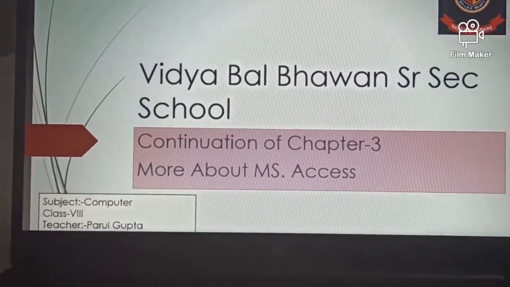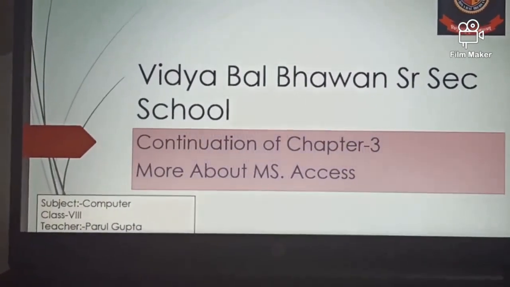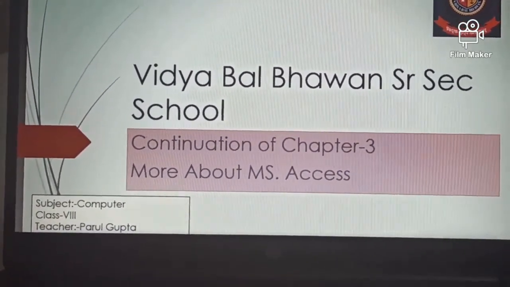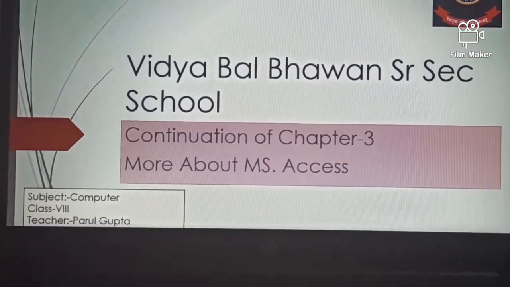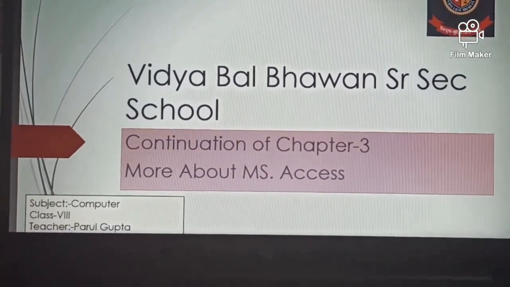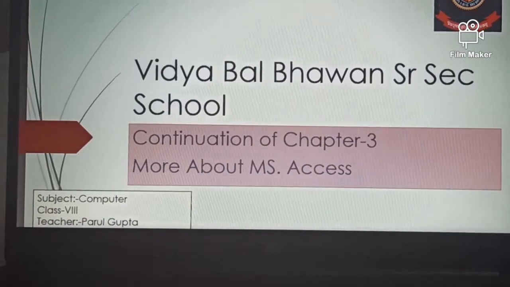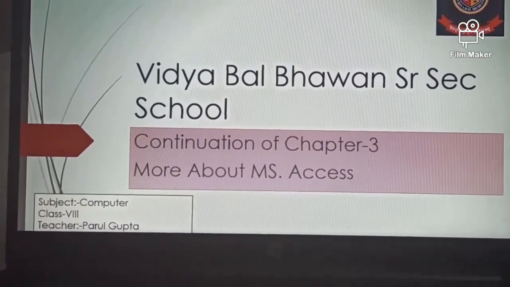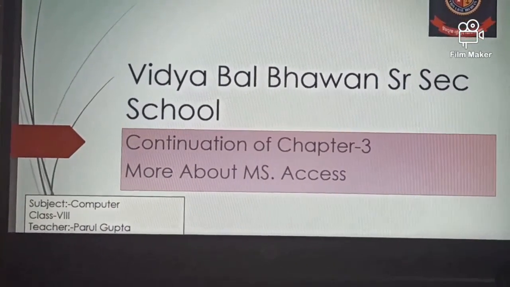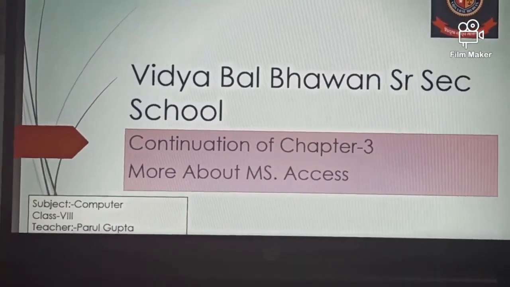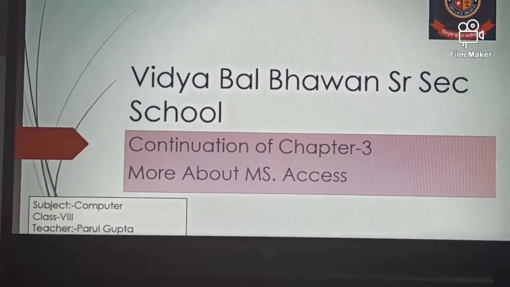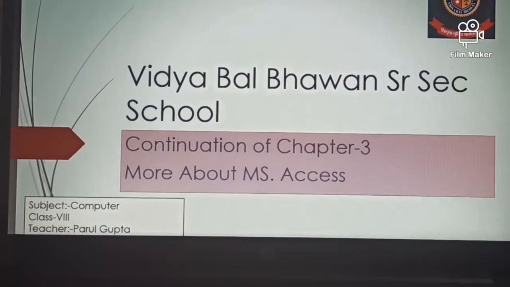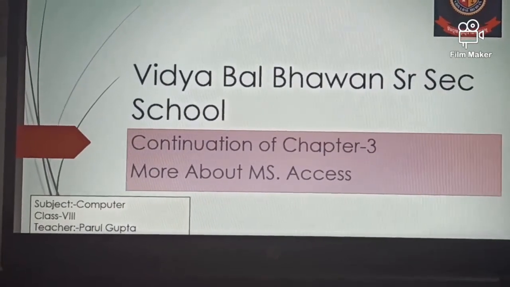Okay, so now I think you all know that in my previous video, in this chapter we talked about a few topics like what is a query, how we can create a query on a single table, how we can create a query on multiple tables, then how we can set up a relationship between two tables through a primary key. Then we built a relationship. After that we talked about how we can delete a relationship. I believe you must have seen that video and it has been clear. Now in this video session we're going to discuss a few more topics of this chapter.